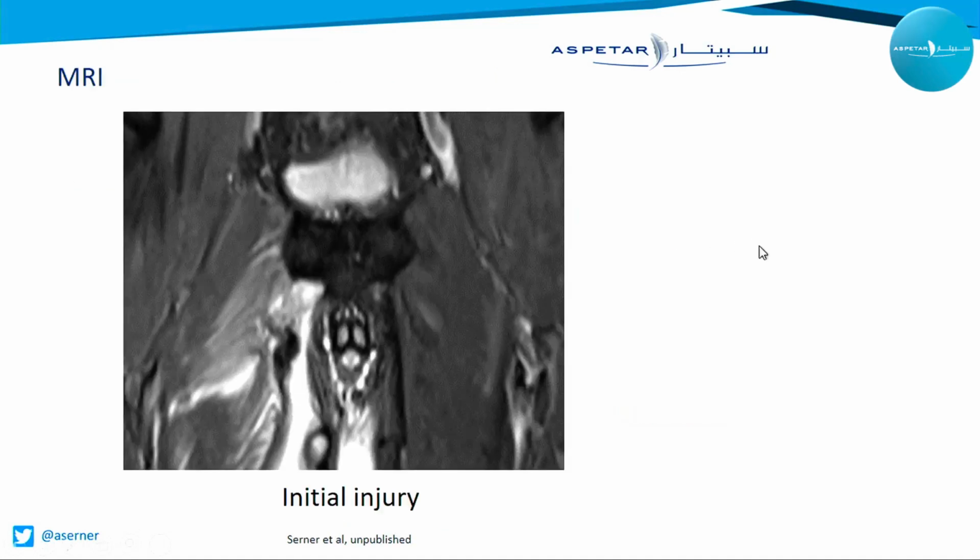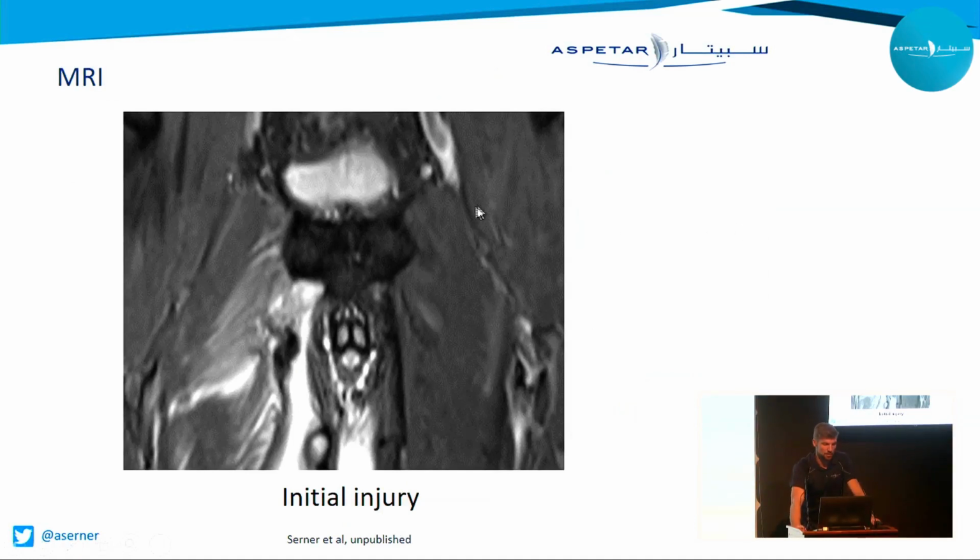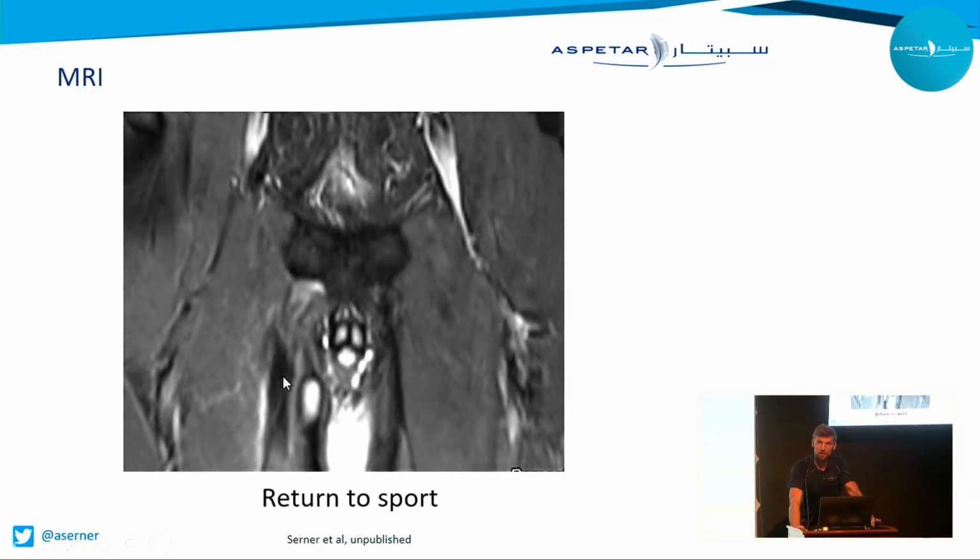We looked at the MRIs, and so here's a picture of a clear avulsion, as you see it here, and the pubic bone up here. And about 2 centimeters retraction in this case. And then we did an MRI when they returned to sport, and we can see that it's still not healed. We still have this